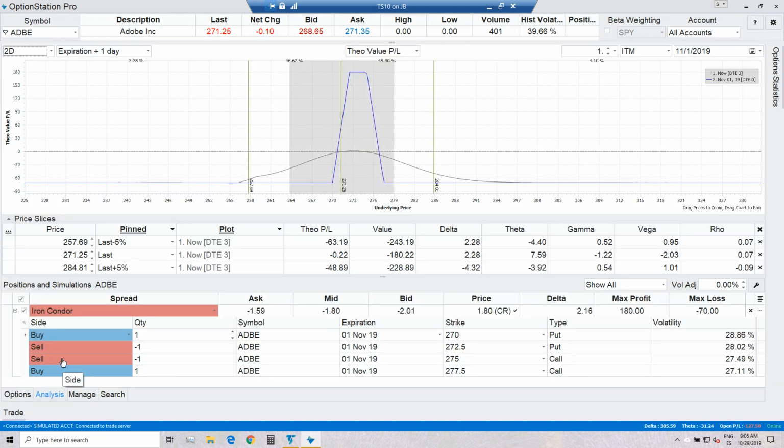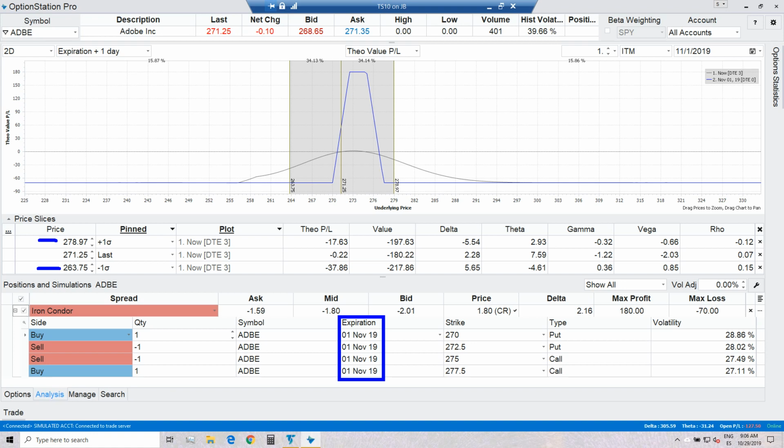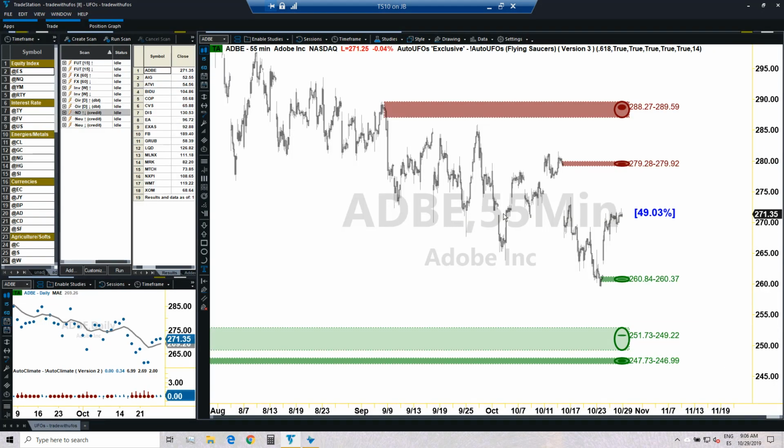just insert this iron condor in the analysis tab, so we can change those figures from -5% to +1 standard deviation, and from +5% to -1 standard deviation. And what these allow us to understand is that based on pure stats and probabilities, from now until November 1st, which is the next expiration, only a few days from now, we would expect that stock to move between 263 point something to 278 point something. That would be the expectation. So 279 is the value I have in my mind after doing this little exercise, and therefore 279 would put us all the way here.